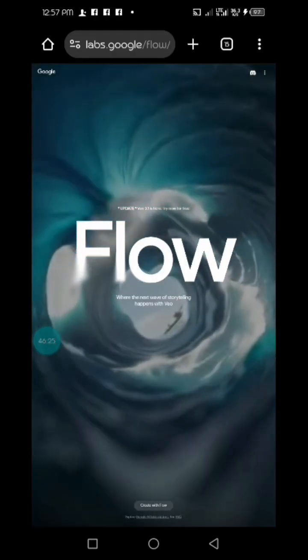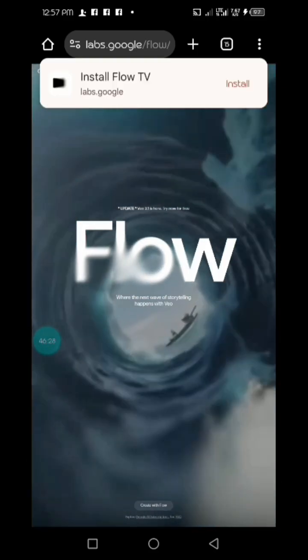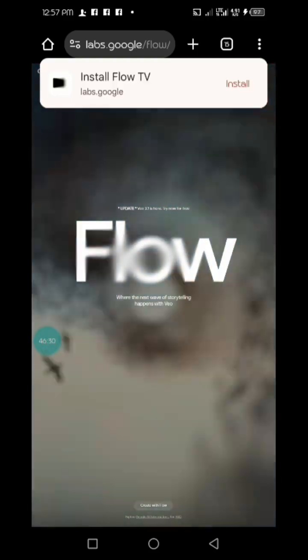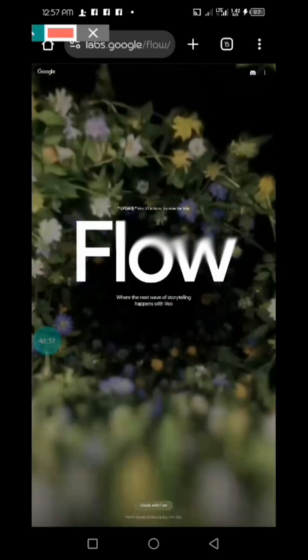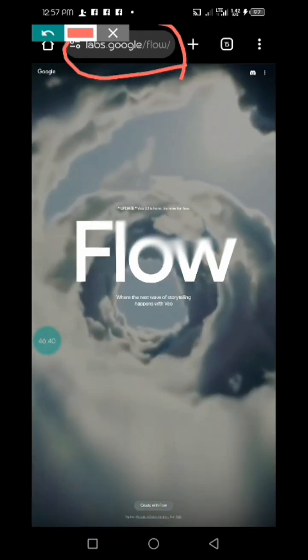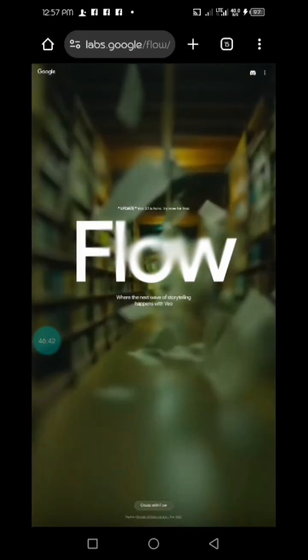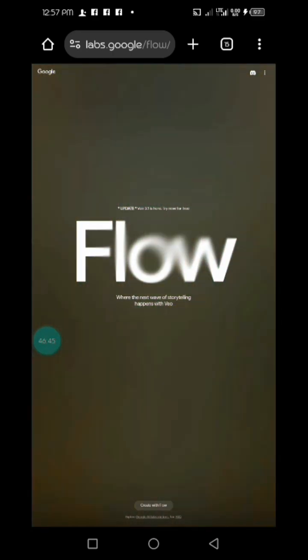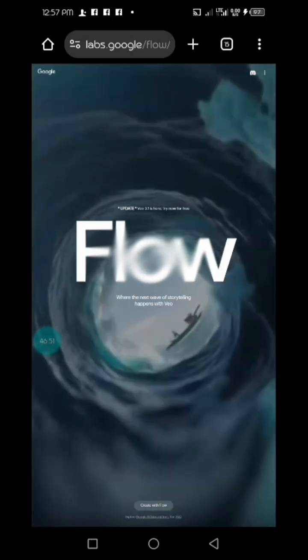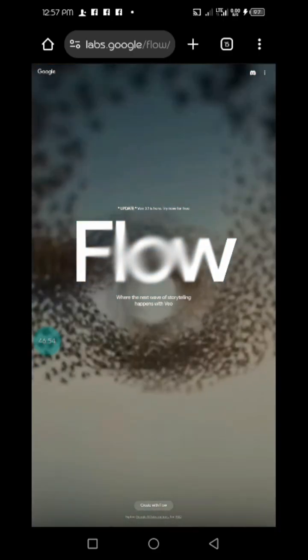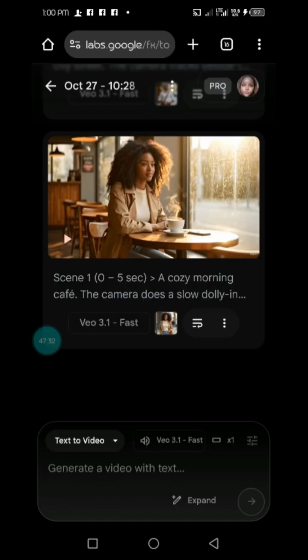Sometimes it might not open, maybe because you've used it several times. If it doesn't open, just go back to this address bar, press it down and type Flow on it. Then it will take you back to the Google page for it, and you can from there enter Flow. Remember, you always press create with Flow. So now I'm pressing create with Flow. So this is my flow, and this is the video I generated